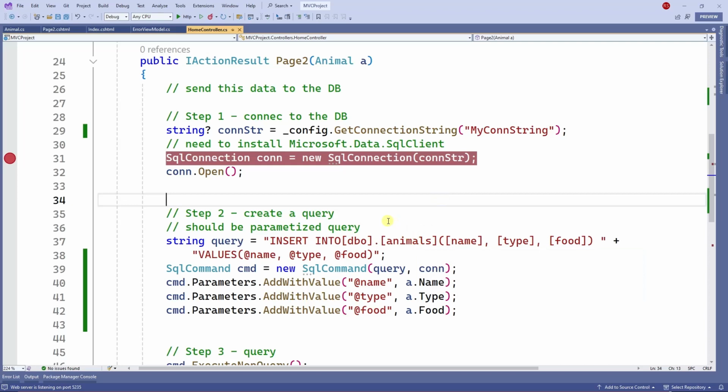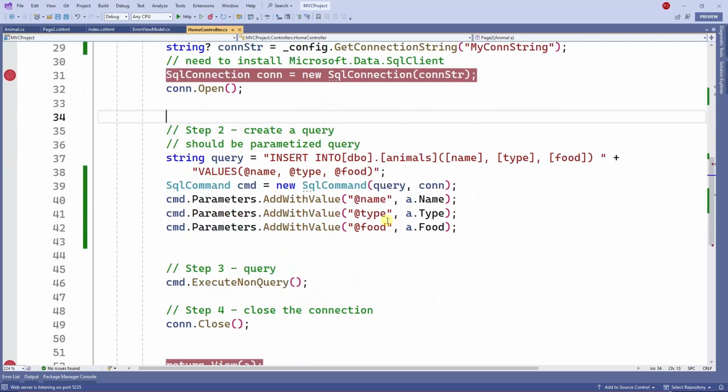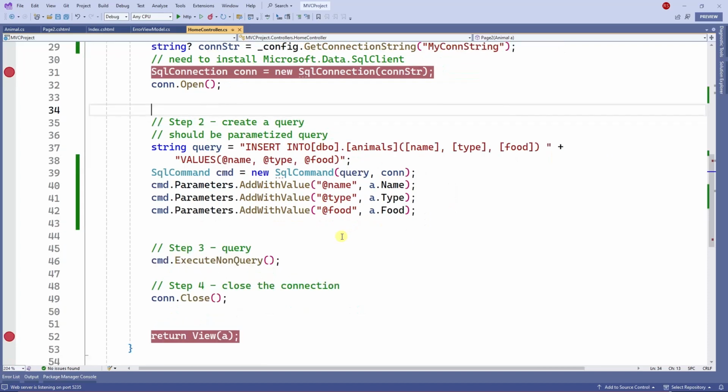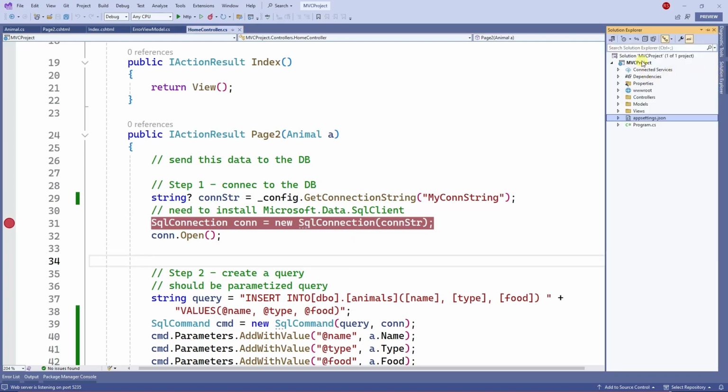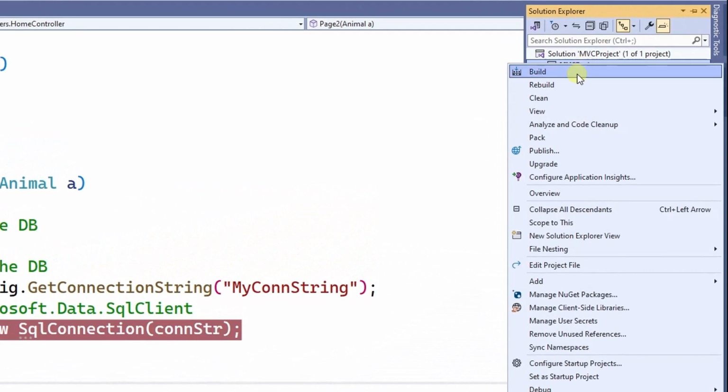So now my next step is to move everything here out of the home controller. Like I said before, the controller is not a place for you to write code. Controller only does controller work, which is receiving model or passing model and redirecting the browser to one place or other place. Because of that, I'm gonna go to the project, I'm gonna right click, and then I'm gonna